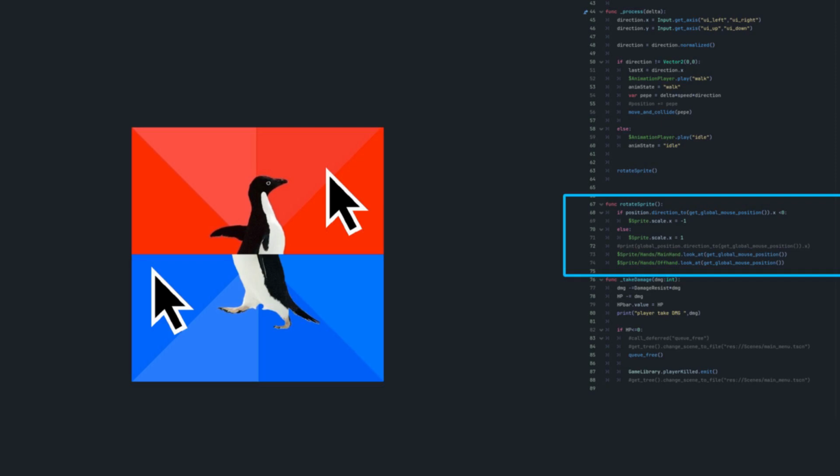If it's left, then it's going to be -1, so less than 0. And we scale the sprite node and everything inside it to -1, so it's going to be flipped. So we don't need to create 2 sprites facing left and right. It's a cheap trick.